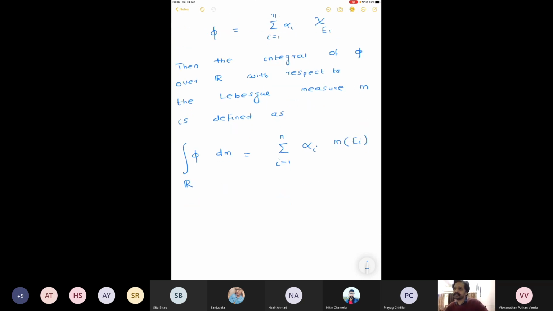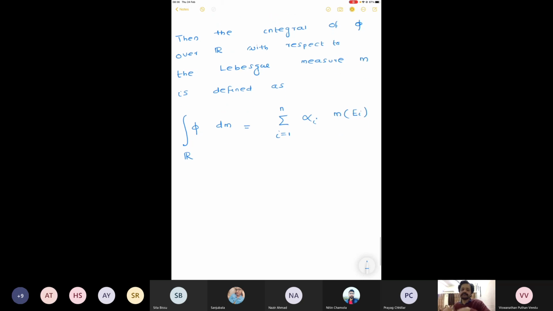So this finishes integration for simple functions. And you can see that again, this is the exact counterpart of what Riemann did for step functions. But now it is more generalized. You don't have to have subintervals. You can have any sets. So let me now write some more notation